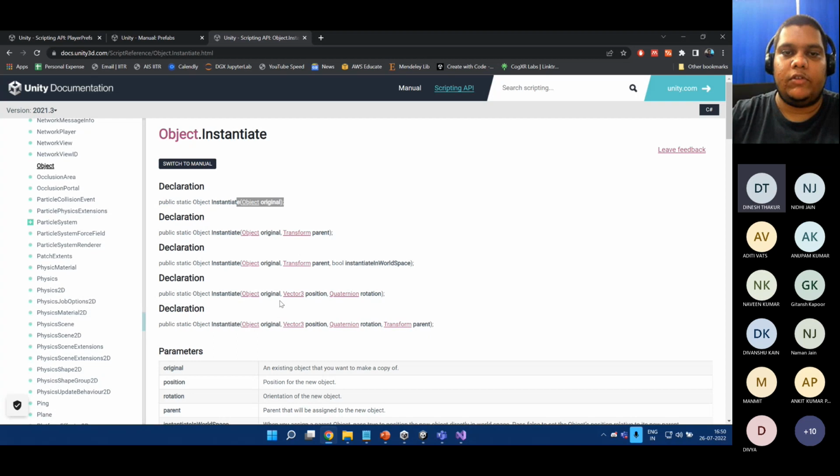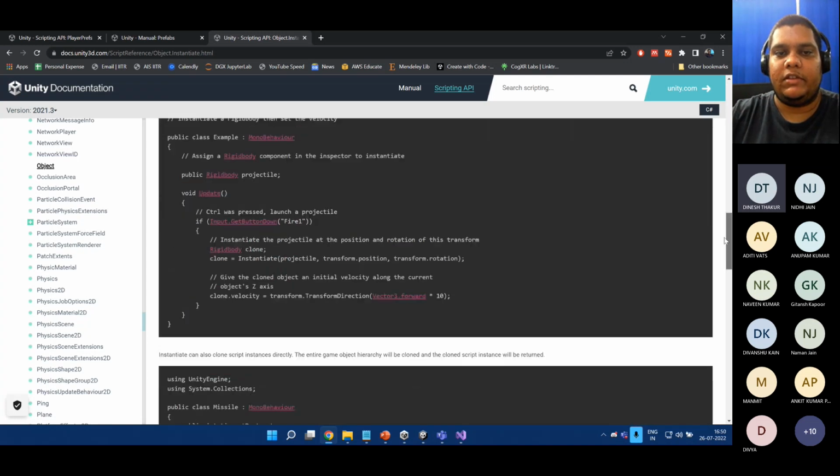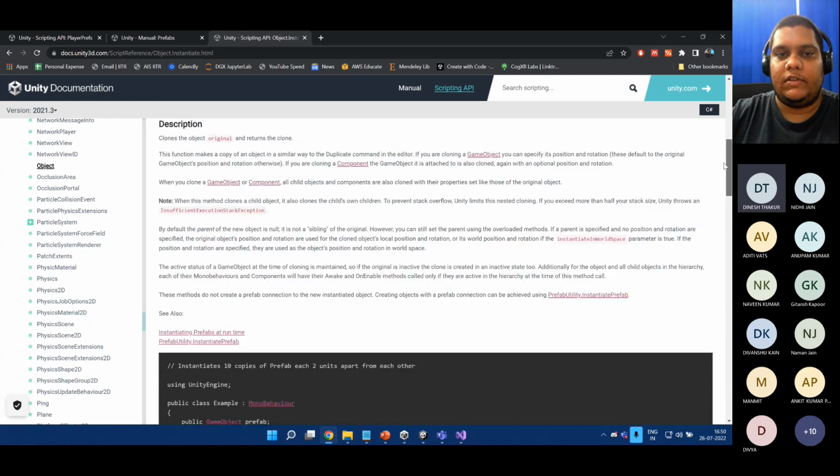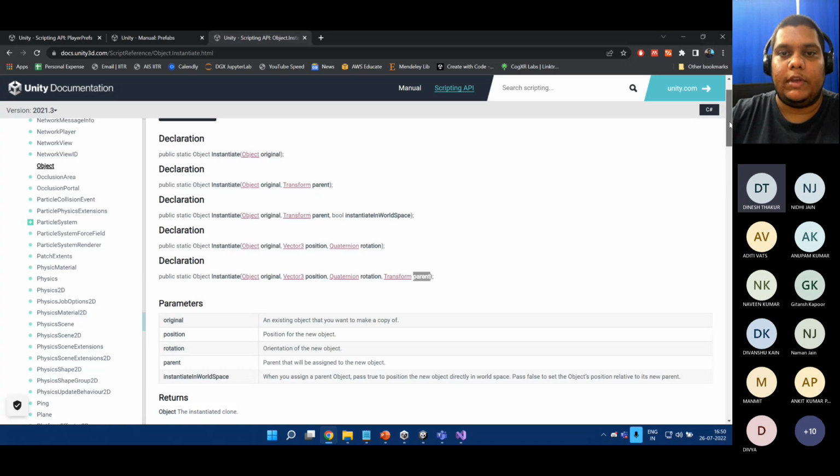So I can have instantiate original and position and then rotation. I can give a position and rotation, and then I can also include a parent in this whole equation as well. So this is the full version, which includes everything. I have an original object, I can give it a position, I can define a rotation, and then I can define a parent under which it should be. So this is again a lot of descriptions and everything. Examples are all given here. You can look into this,